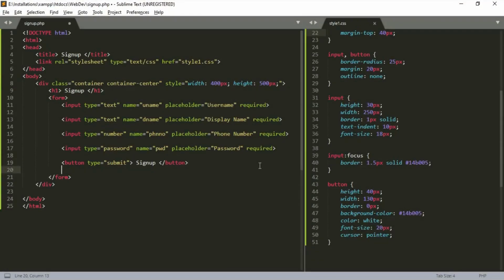Now that we have completed the sign up, let's move on to login. Login is going to be easy since all we need is already in sign up. But before that, to go to login, we need a way. So let's add a span tag. Type span. And let's type already a user.